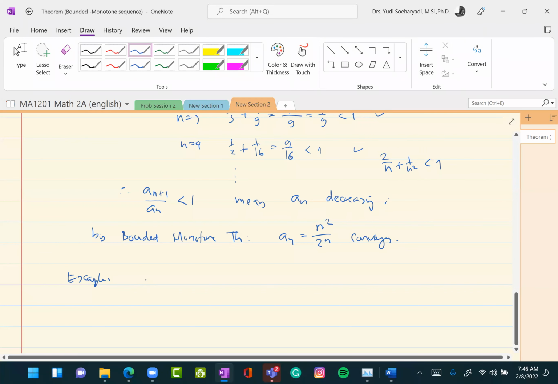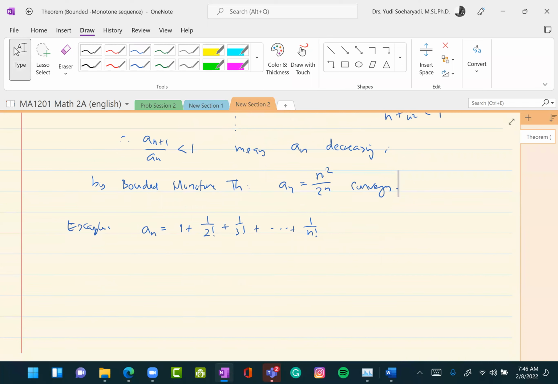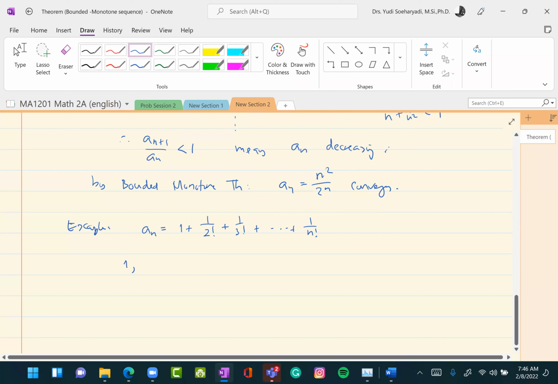Okay. So an is 1 plus 1 over 2 factorial, 1 over 3 factorial until 1 over n factorial. If you try to write down the sequence, for n equals 1 this is 1, right? So for n equals 2,